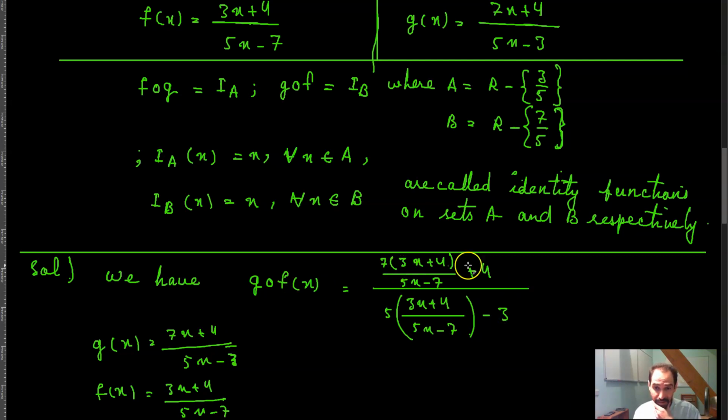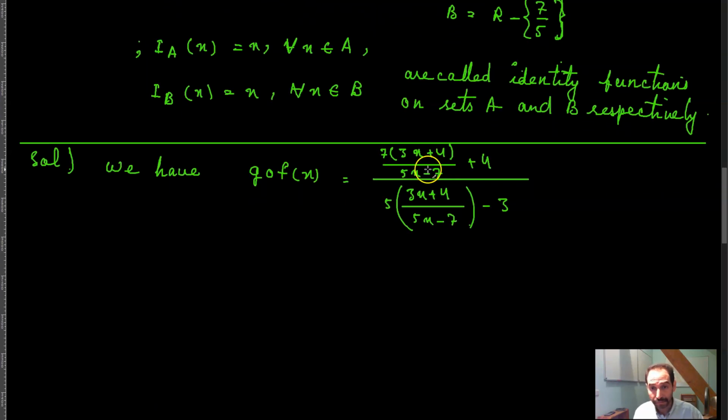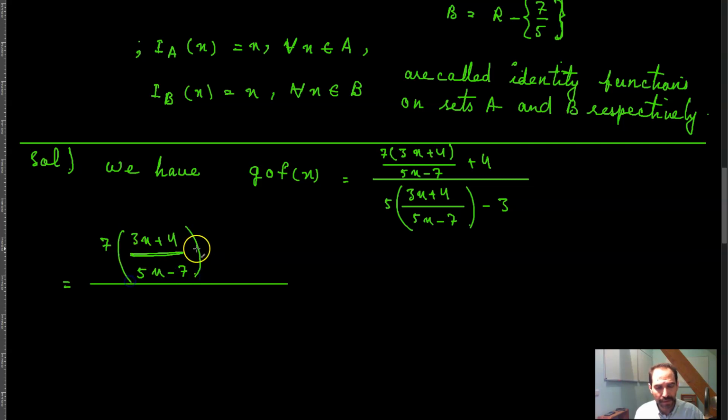So 7 times this plus 4 over 5 times this minus 3, which is equal to, so let's calculate,